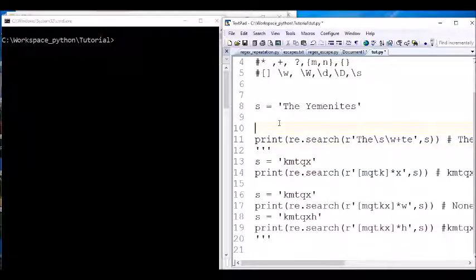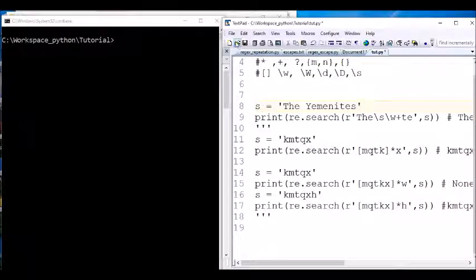What are we going to do? We are going to do these things here. So T H, then the space stands for the space here. Then here, any character, one or more. This one goes from here till the end.